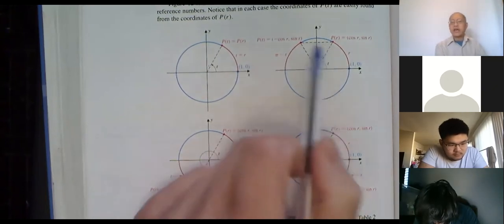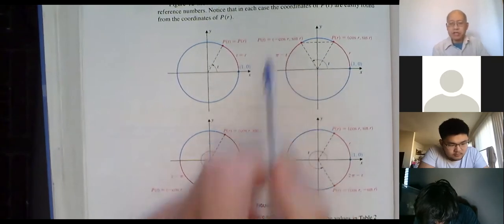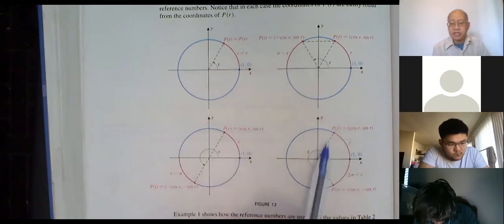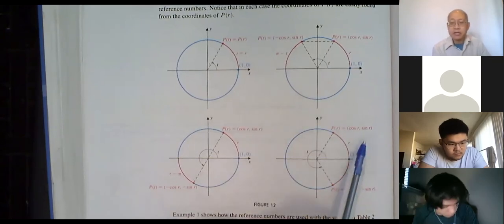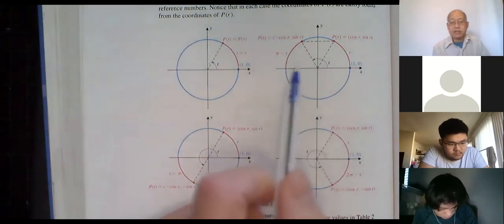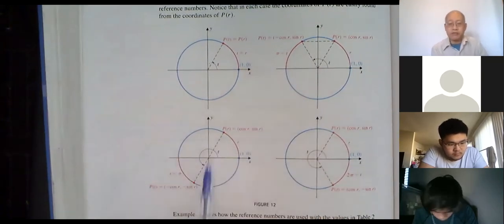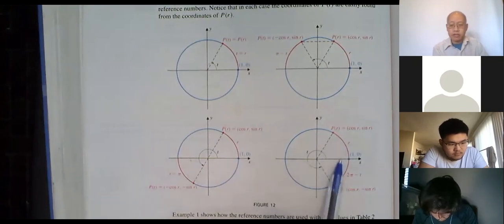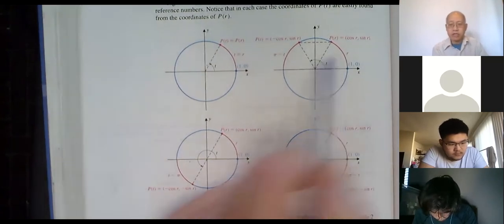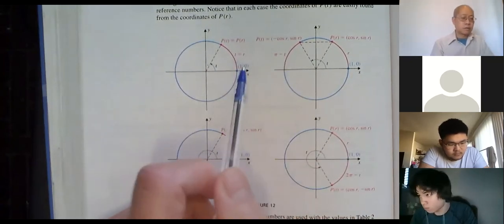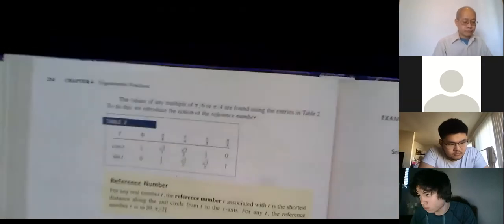Okay, and what they have is correct. Do I have to memorize all that? I would say no. You don't have to memorize it. If you want to, you may. They have these different rules, 2 pi minus t, t minus pi, all this. I would say don't even look at that. Just reason it out for yourself and say, okay, it's an acute angle. That's the reference angle, that's the reference angle, that's the reference angle, this is the reference angle, and this is the reference angle.